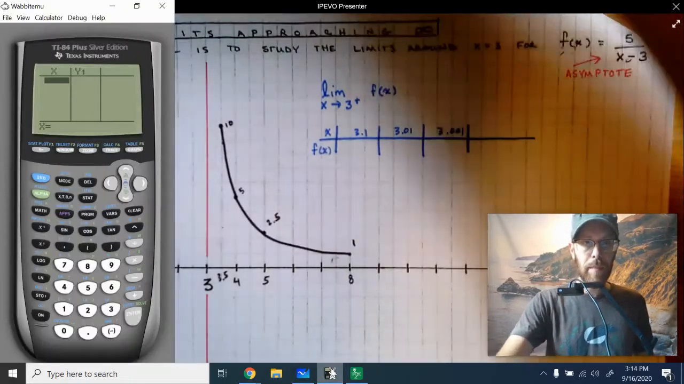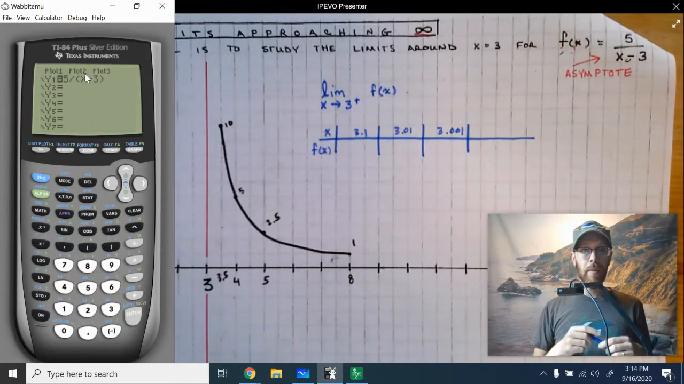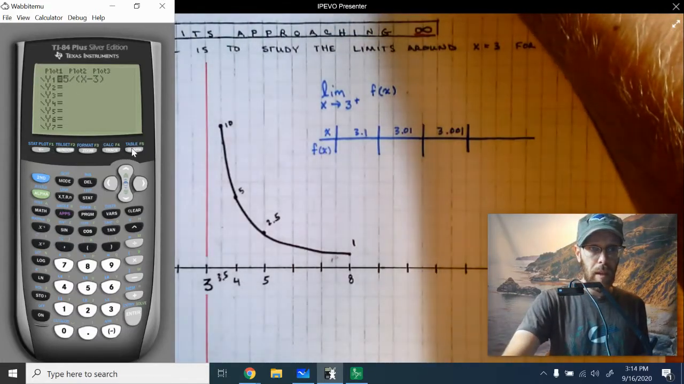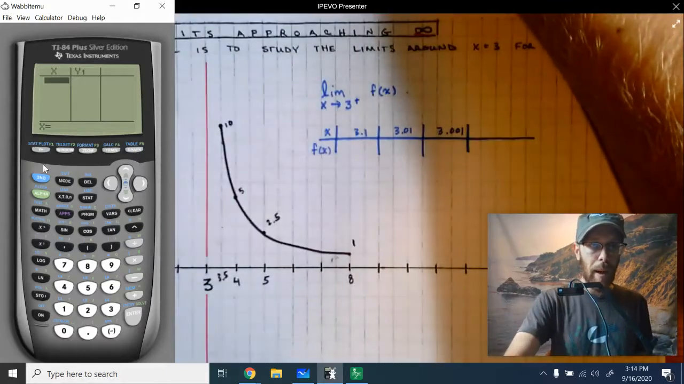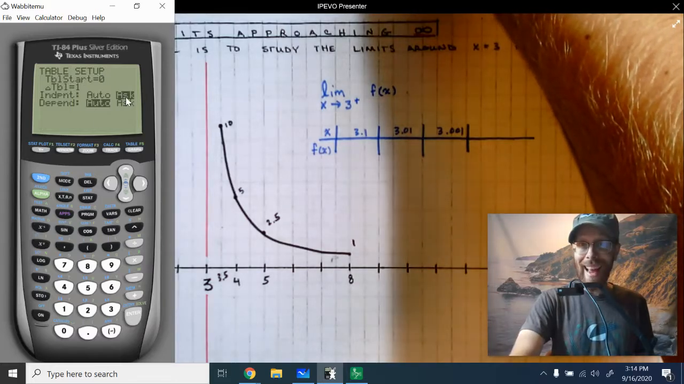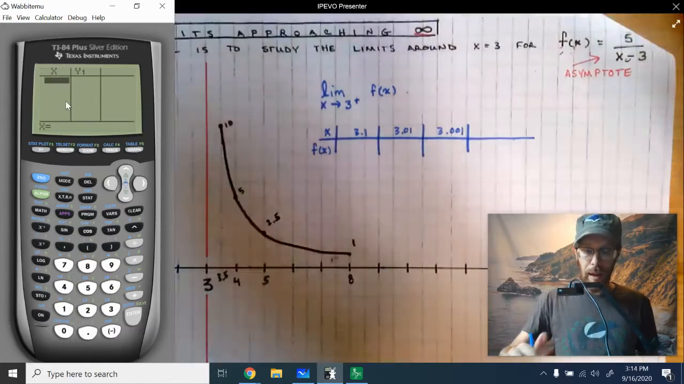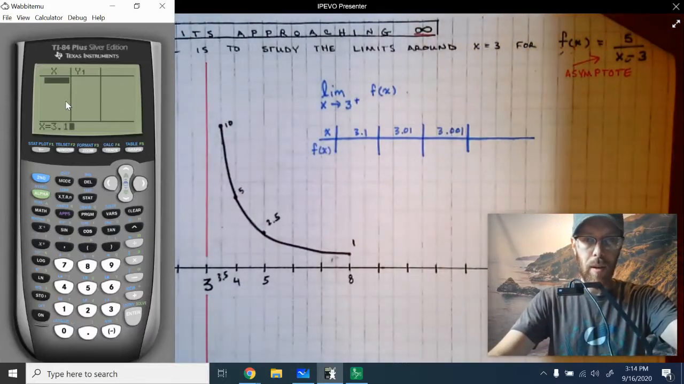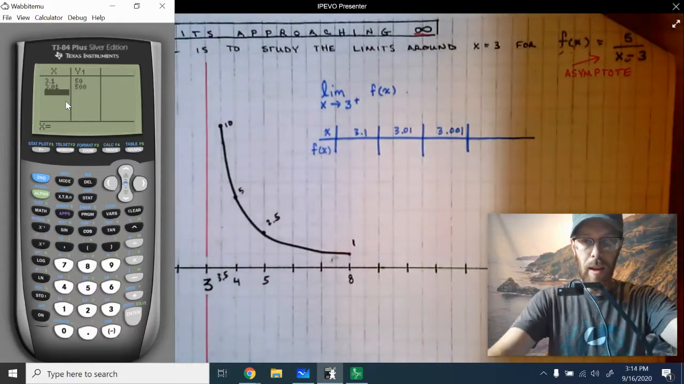So when we get the calculator up, under y equals, you want to type in 5 divided by the quantity x minus 3, has to be in parentheses. And then you're going to click over here to the table, and if it's not empty, oh, by the way, if you don't remember, you have to go to table set and then ask. This has to be set to ask, or this won't work. And let's choose 3.1, 3.01, and